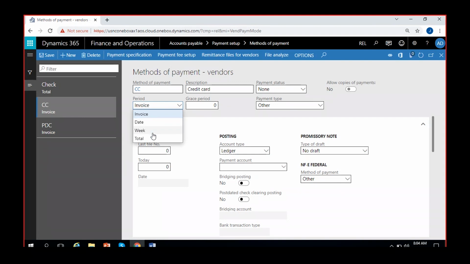Either invoice or date or week or total. Actually, this is when you have a process called payment proposal. Payment proposal, what it does is it will group all the invoices, or the open invoices, for the vendor for the payment. If I select invoice here and select the method of payment, suppose I select credit card,